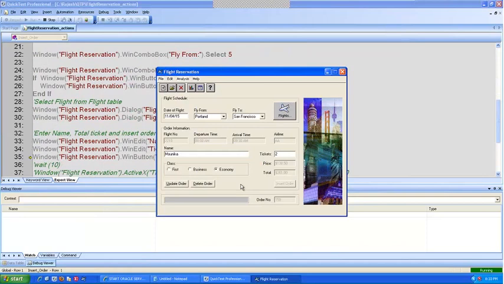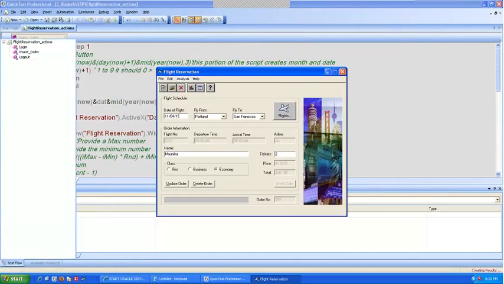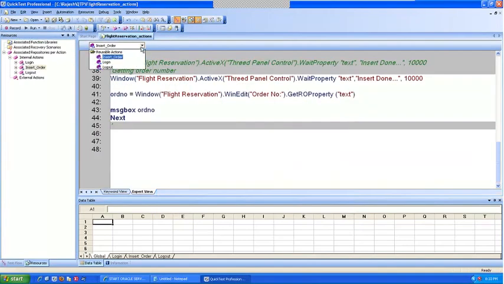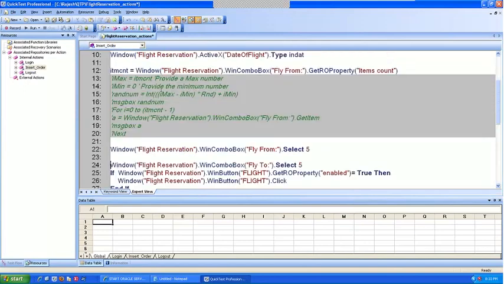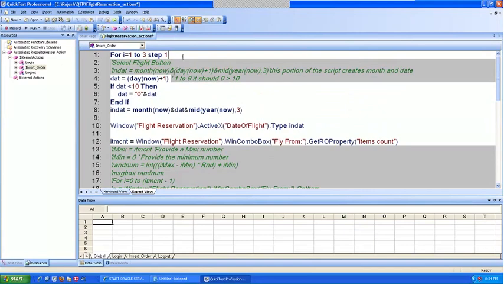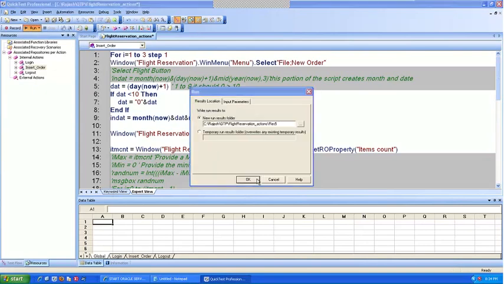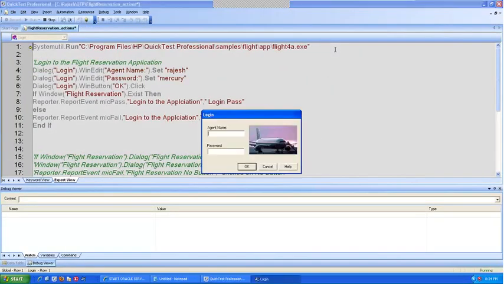I made a mistake. Hold on. What is happening is, let me stop it. When I copied this one, in login I missed one step in the login itself. This flight new, I left it off in the login portion. This should be here in the insert order. Yeah, that's what Rajesh, I was talking about, that new order. Oh, okay. You didn't tell it clearly, so we couldn't understand what you were saying.